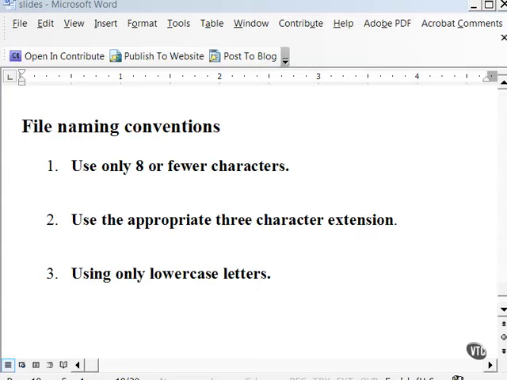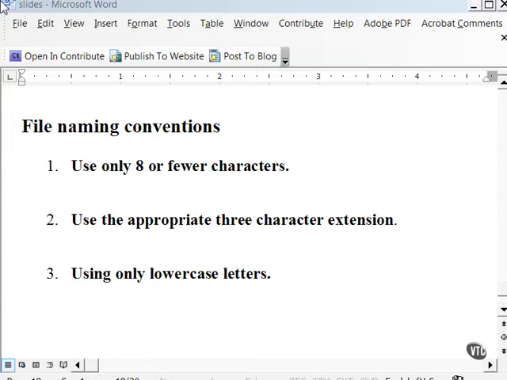Pay close attention to whether your file names contain upper or lowercase letters. Many Unix web servers are case sensitive and consider the term File.htm with a capital F and file.htm with a lowercase f as different files. This means that the HTML document must exactly match the upper or lowercase structure of the file name. So if you have a file with a capital F on the server, but the HTML link reads only file with a lowercase f, then the file will not be found. So to avoid confusion or the need to remember which files have uppercase letters, use lowercase letters for all file